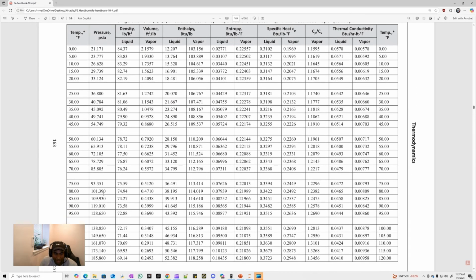Now, we don't have that pressure in particular, so we're going to have to perform some interpolation, but it is pretty close to this kind of pressure that's shown right here, the saturation pressure. So we could just directly take that off, but for completeness, I'm going to go ahead and interpolate for you guys. So I'm going to mark off the pressure bounds that contain